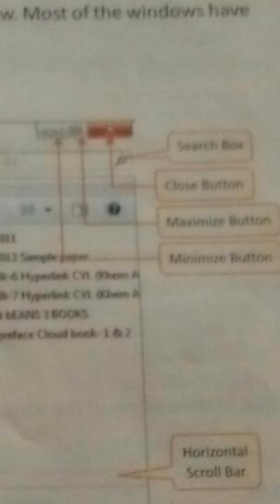For some time you want to keep it at a side, then you can keep it on the taskbar by minimizing it. Press the minimize button. Later when you want to work on it, go to the taskbar and click on it. Again this application will be opened.